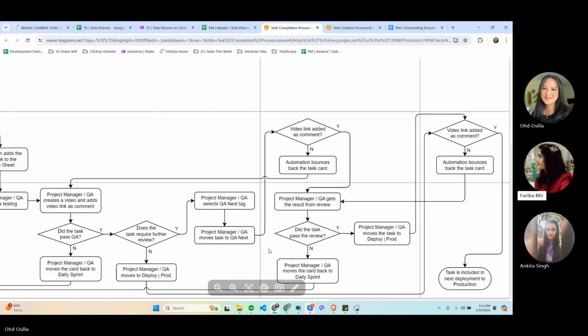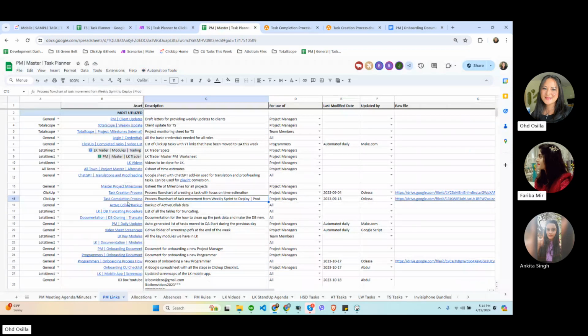So you can review the process diagrams. You can access them from the project master sheet here. Okay, Odessa, I will review this sheet and also the whole process diagram in detail.